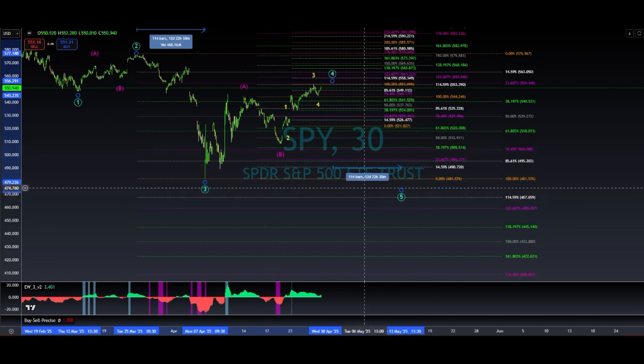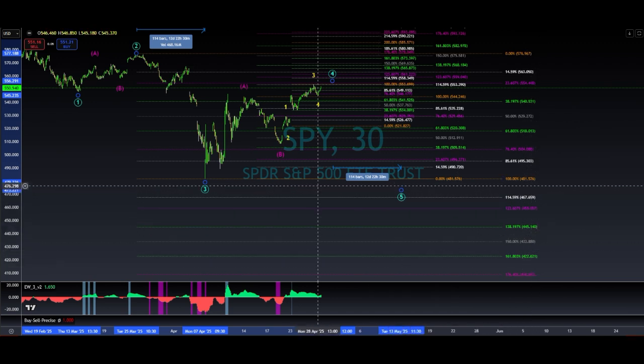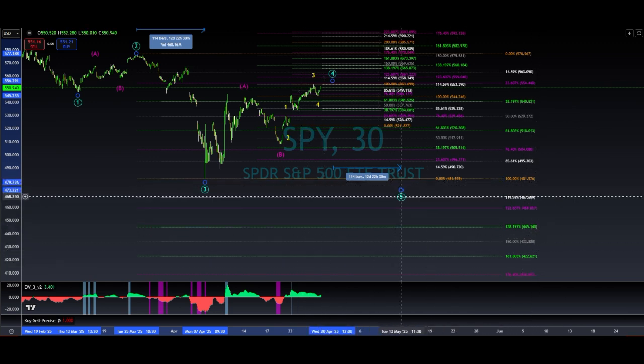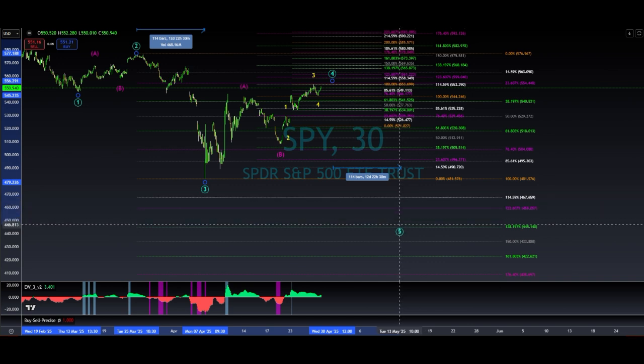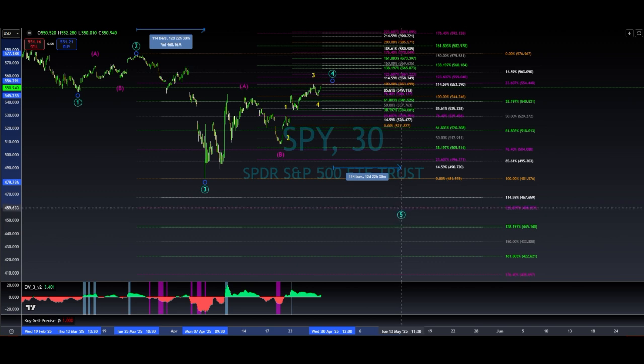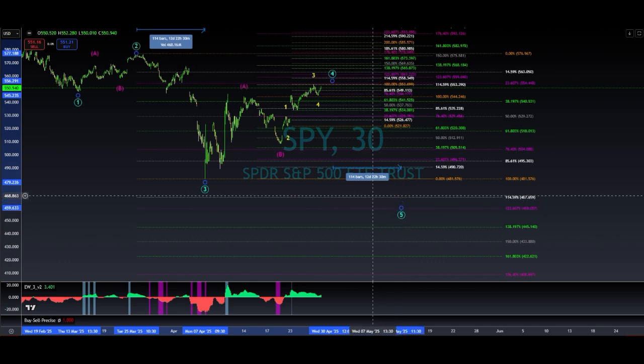But then we're trying to figure out where we're going to go. I doubt we're going to go too much farther than wave 3's bottom. But some of the levels to keep in mind are the 114%, 123%, 138%. I'm not really sure where I'm placing this one right now, so I think I placed it at 123. I'll get into it later when I